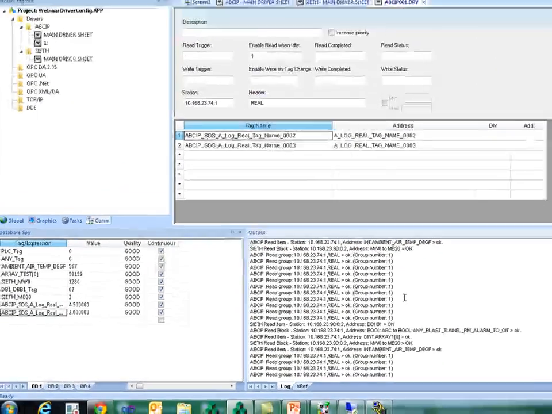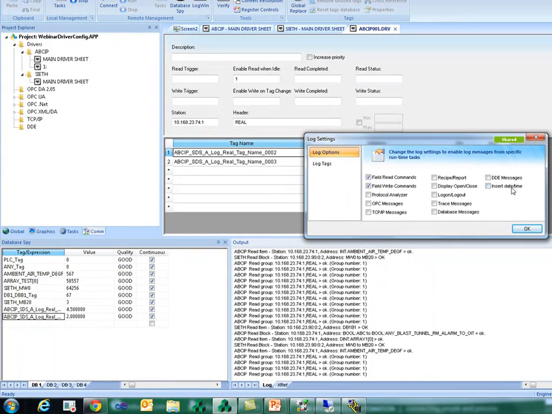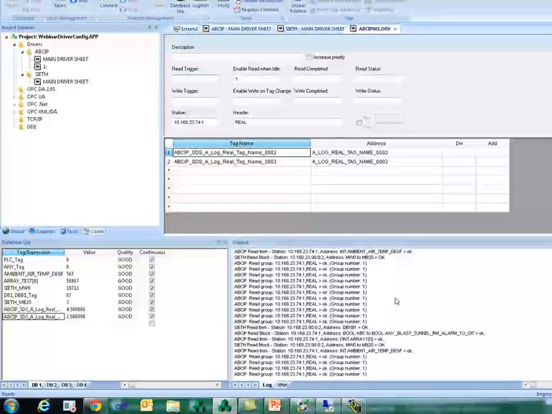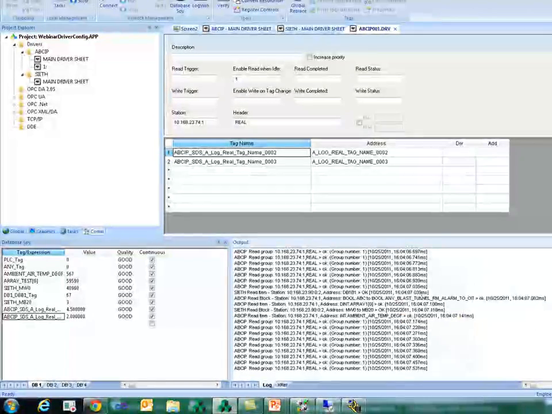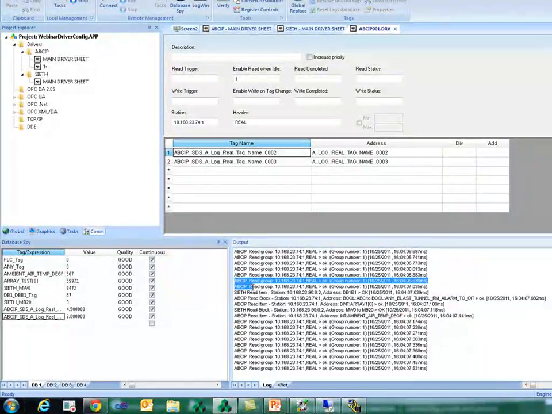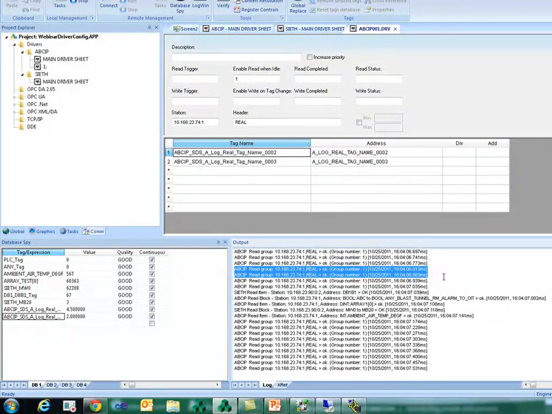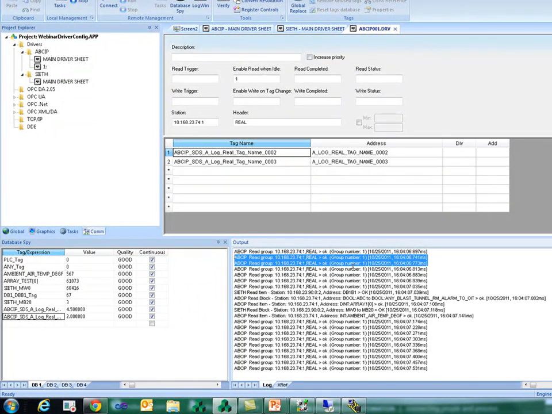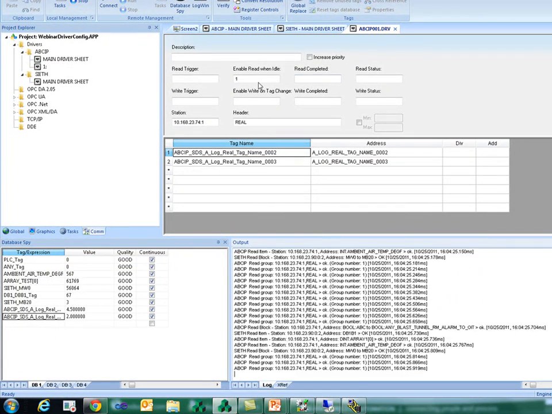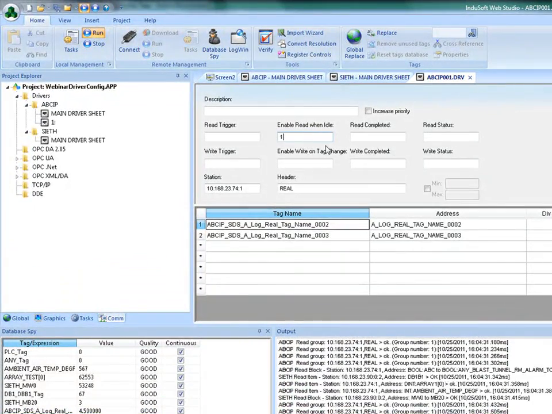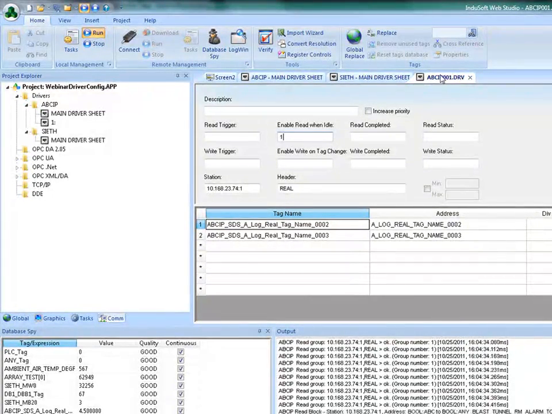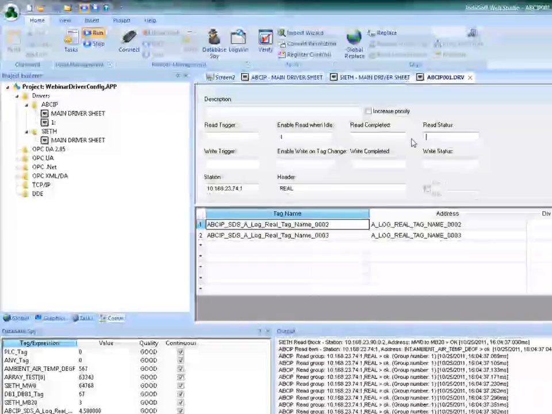So if I enable here to insert the date and time, each one of these messages is going to have a timestamp. So as I see the timestamp, for example here, I see that the messages are taking what? Depending on the case, 70 milliseconds to get back from the PLC. Here it took only 30 milliseconds to get back from the PLC. So as you can see, it's going pretty fast because I enabled to read when idle. So I'm idle, I'm reading. Okay? And then on the standard driver sheets, you have the feedback information for each one of the driver sheets